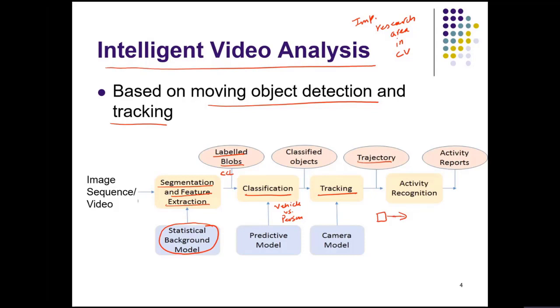And after tracking, we get the trajectory information, where are the locations where they have actually moved. Based on the trajectories, we can do a further higher level analysis, trying to understand the activity or the event that is happening in that scene. Based on that recognition, a decision can be taken by authorities who are doing the surveillance. So this is a high level application, but we are only going to talk about the first step, segmentation,